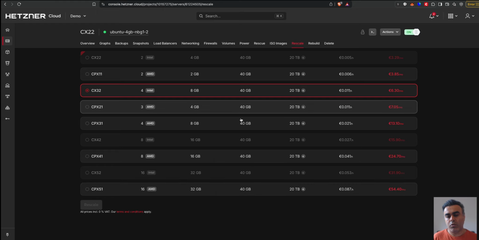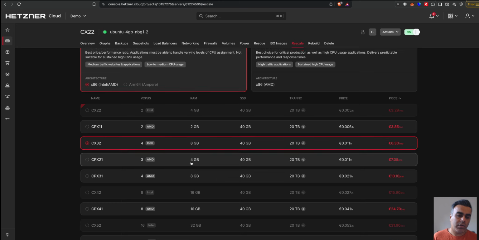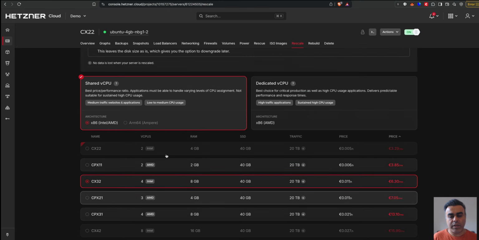Before that, we need to switch off the service and choose rescale, and we can scale our service vertically, or we can add more GitLab Runner instances for adding more computation power for running our jobs and